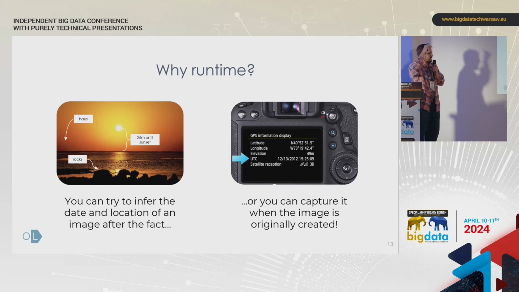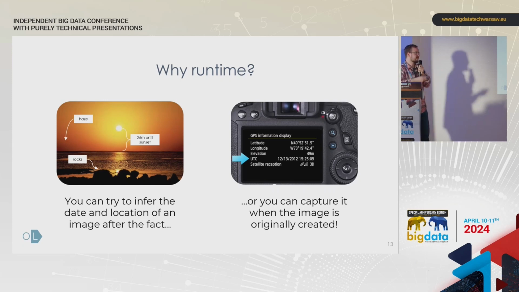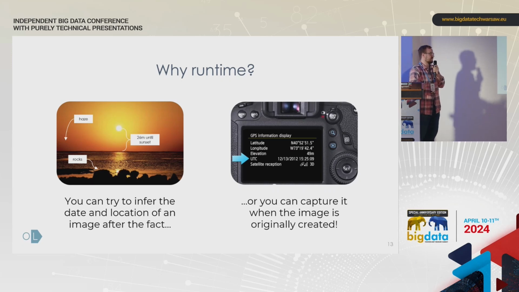And you can maybe take a look at the photo before that and try to imagine where this was, or just use the metadata that was generated when the image was taken. And it has usually an exact latitude, longitude, date, and more information about the image that you could possibly deduce